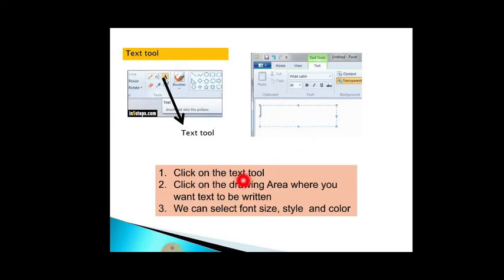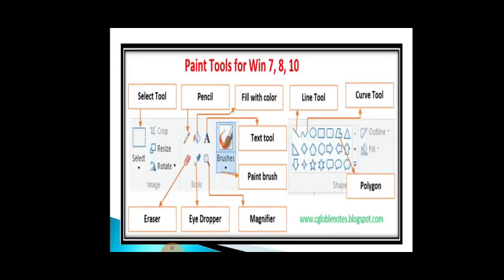Click on the text tool, then click on the drawing area where you want the text to be written. It can be either within the image or outside the image, depending upon how we are going to write the description for the image. Then we can select the font style and the color also. Suppose you have made a nice birthday cake and you have to write something on it. Normally the names are written on the birthday cake. So you can just select the text tool and write your name. You can give some colors and change the styles also. You can write however you want.